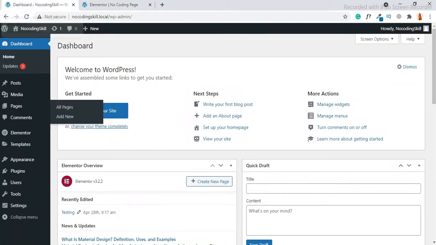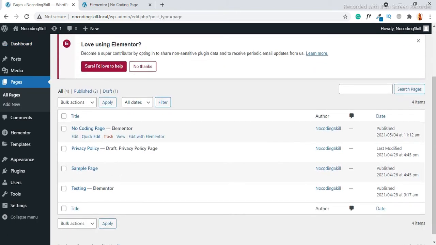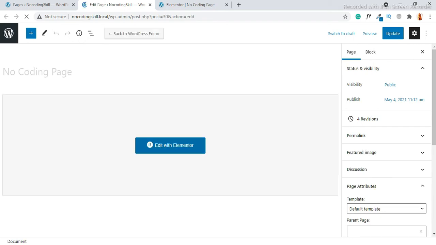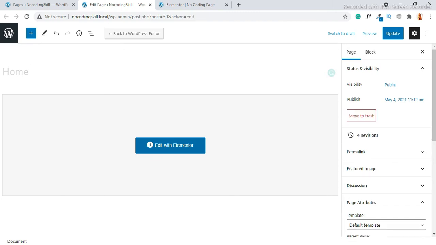See, and go back to our dashboard. Click all pages. I'm going to rename this to home page, and click update.